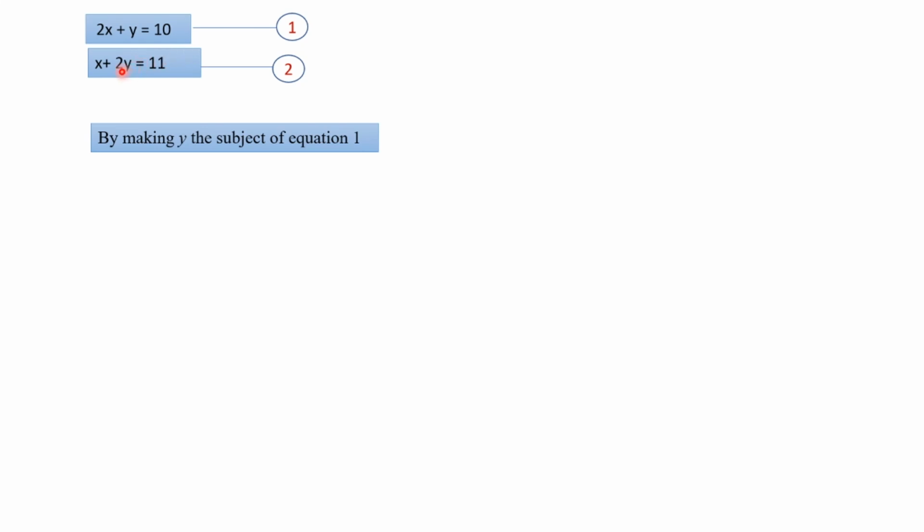But if you make y the subject, what are you supposed to do? You bring x to the other side, 11 minus x, then you have to divide either side by 2. Then you can see fractions also come, division by 2 also comes. That's why I am going to